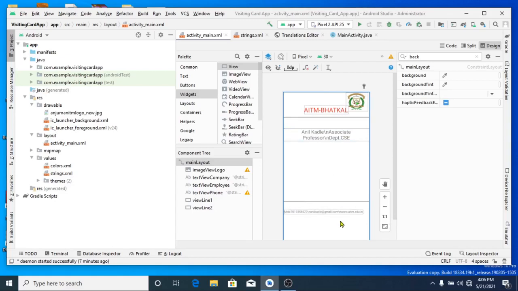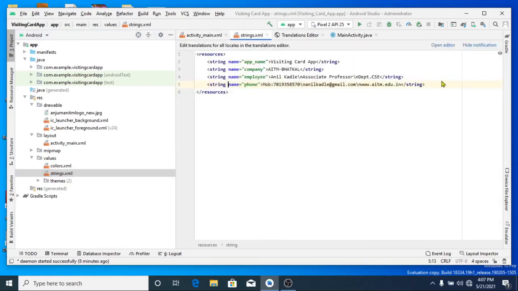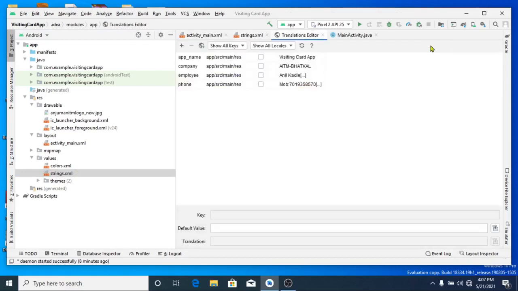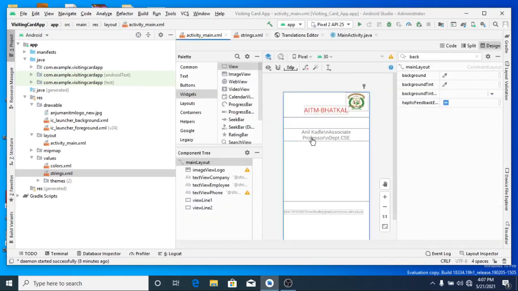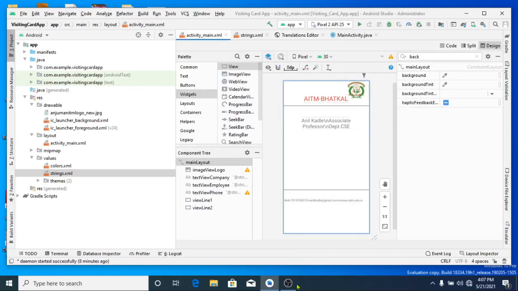Now this gives you only the layout idea. I'm just telling you how this simple app is developed. One view is there, first text view, second text view, third text view. Please note how I am changing the strings, or the text value, in the text view. The correct methodology is go to strings, and from strings, I'm just showing it again, open editor, from open editor go to this new key, add key, and then operate. Okay, that's the correct method. I just completed this.